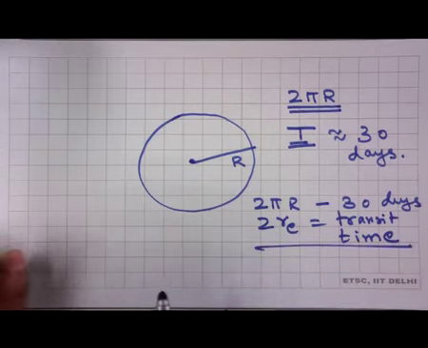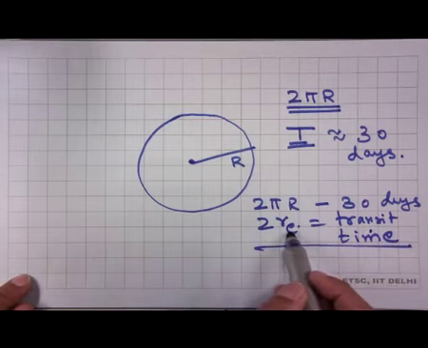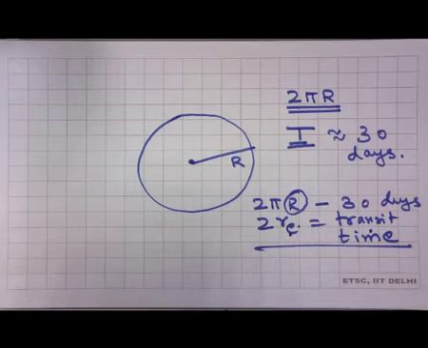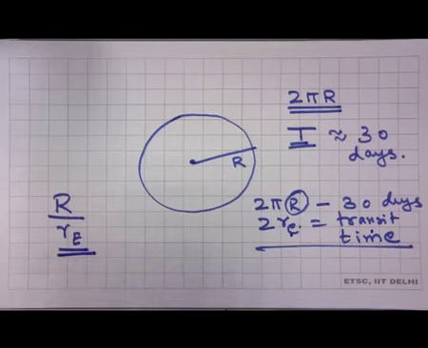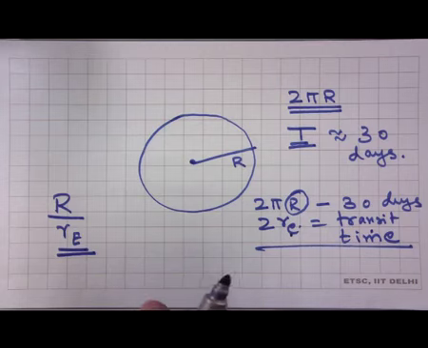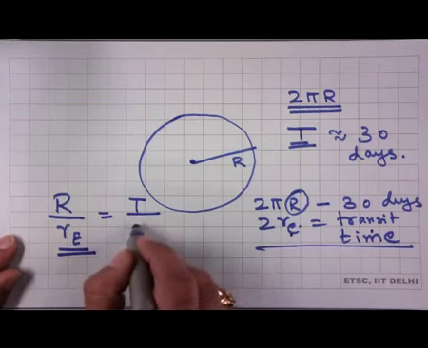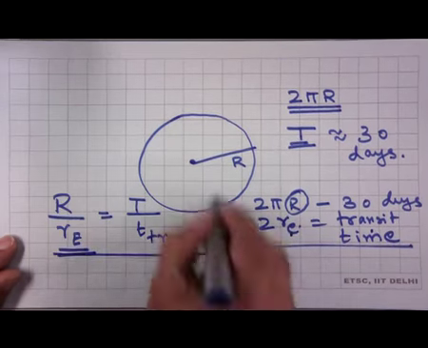Now if you assume that the moon is moving with a uniform angular velocity and therefore with a uniform speed, you get the speed from this because you know the radius of the earth. Plug it back and you get the distance between the earth and the moon. Or if you think that, okay, I don't know the radius of the earth very well, then you can look at the ratio r by re. That can be uniquely determined because the two periods are known. It is nothing but proportional to the ratio of the two periods. So this is nothing but T over the transit time, whatever I wrote as t transit. This is the duration of the eclipse. This was the